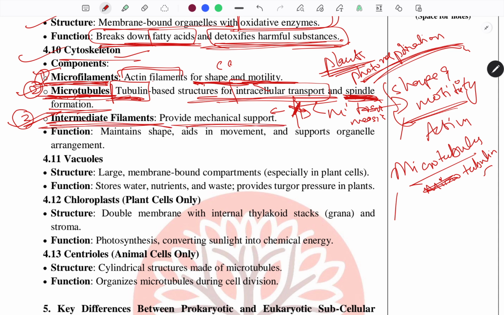Intermediate filaments provide mechanical support. The main functions are maintaining shape, aiding movement and transport, and supporting organelle arrangement. It is involved in many functions. Usually these intermediate filaments are made up of different components depending upon the cell type where it is present, like keratin,